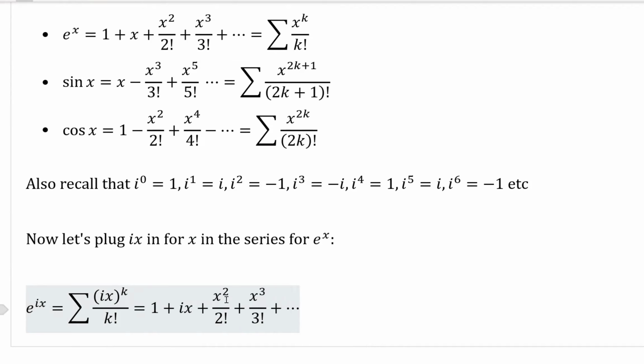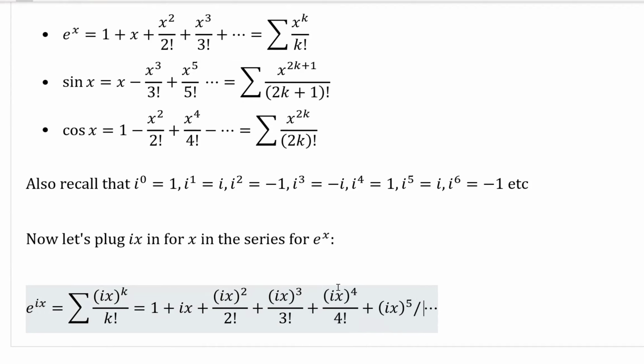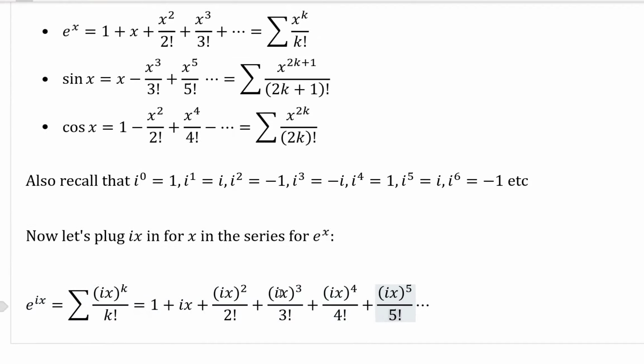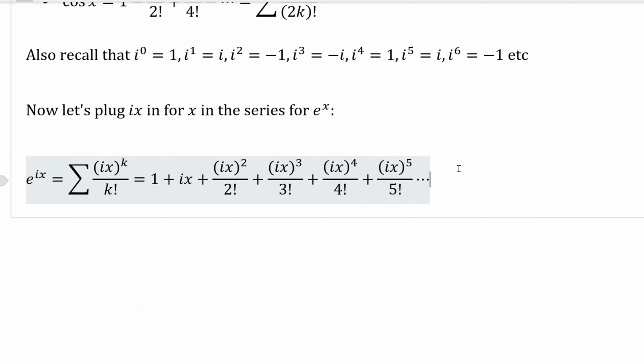Okay, ix there, ix there, ix there. And you know what, let's write out a few more terms. So next we'll have ix to the fourth over 4 factorial. Next we would have ix to the fifth over 5 factorial, and I think that's enough terms. And now let's